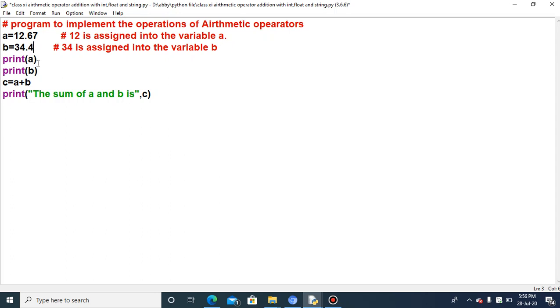Print A, print B. One more thing I want to modify: the output is not clearly readable. I want to make the output more readable. Then I have to modify our print function, and here I will write: the value of A is.